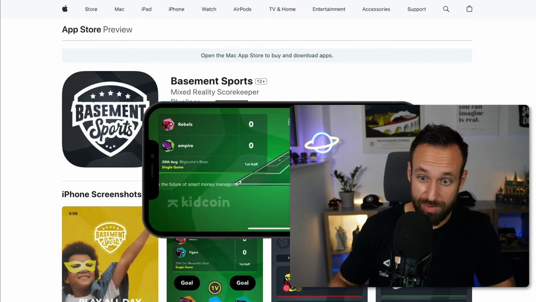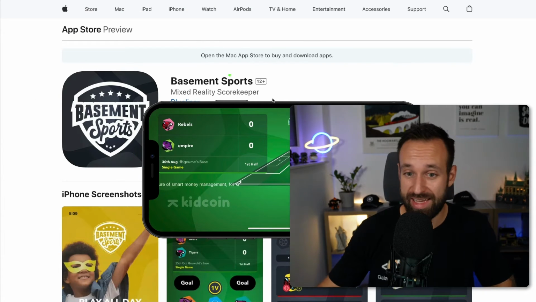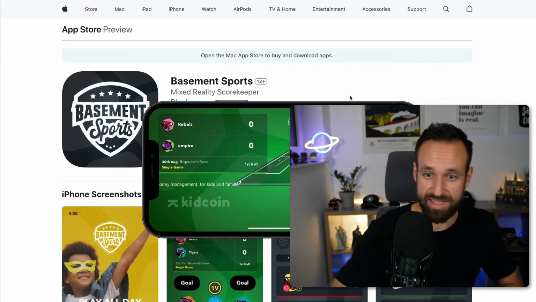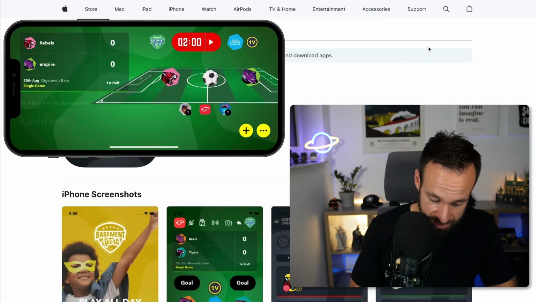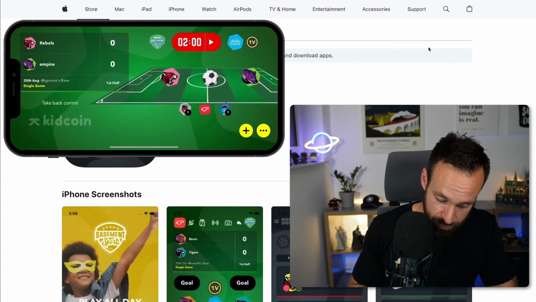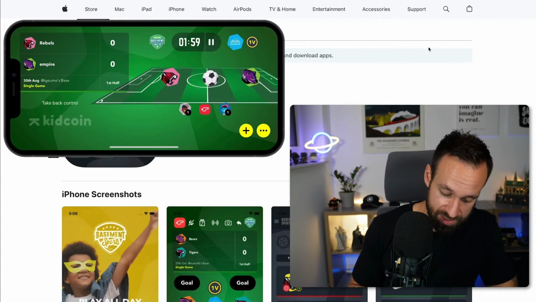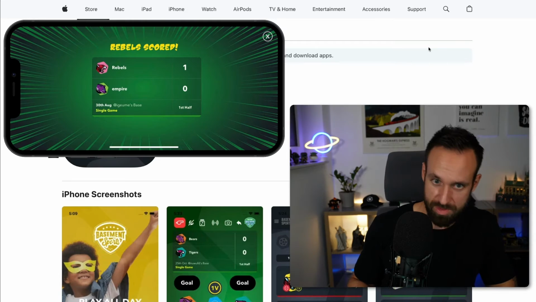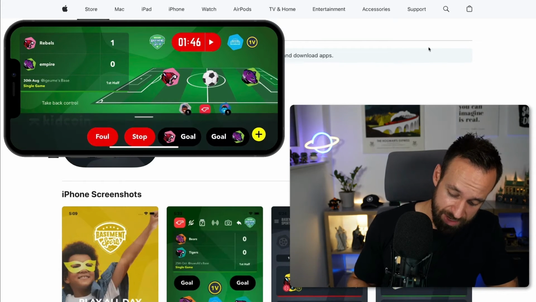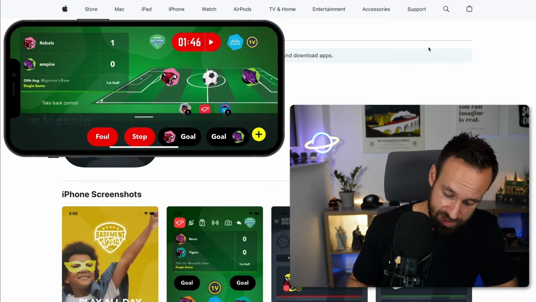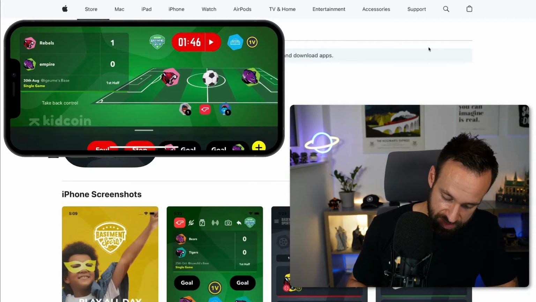Okay. Here we go. Now I have to play in landscape mode. This is interesting. It immediately flipped to this. There's some kit coins. I don't want to purchase kit coins. I just want to start. And how can I? The rebel scored. Yeah, here we go. So I'm not entirely sure because, of course, I did not read any of the information